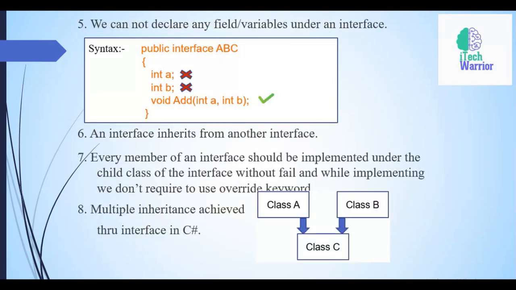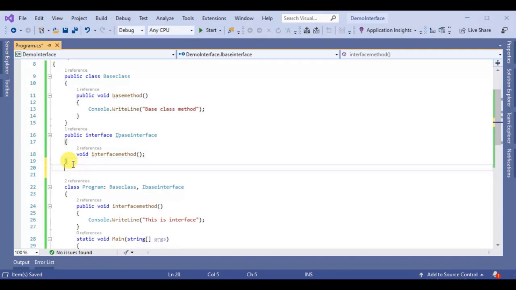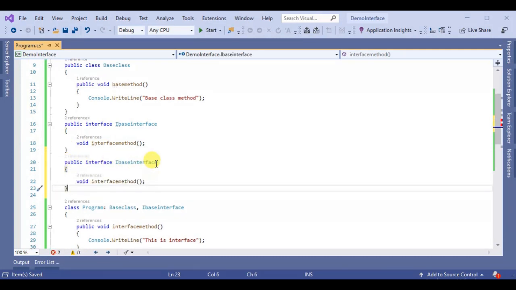So go ahead. The fifth point is we cannot declare any field variables under an interface. So this syntax shows and proves this point. We cannot declare any field. And the sixth point is an interface inherits from another interface. Yes, let's do it. So this is the first interface, and now we declare one more interface here. So this is the second interface. Let's change the name, IBaseInterface2.